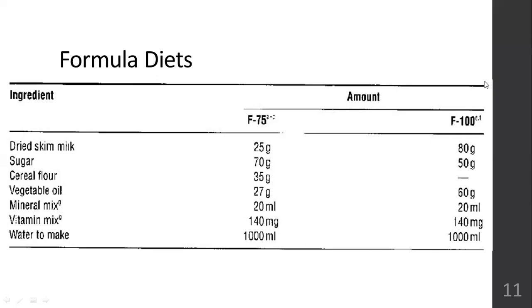So in every 2 to 3 hours, the mothers have to make sure the F75 feed is completed by the child. Again, they have to make the F75. In one day, the child may have 2 to 3 liters of the F75 feed. But the main thing is you have to make sure that every 2 to 3 hours the child is consuming the F75 feed which has been made ready. Even if the child is sleeping at night, the child has to be woken up. It's the mother's responsibility to complete the feed.